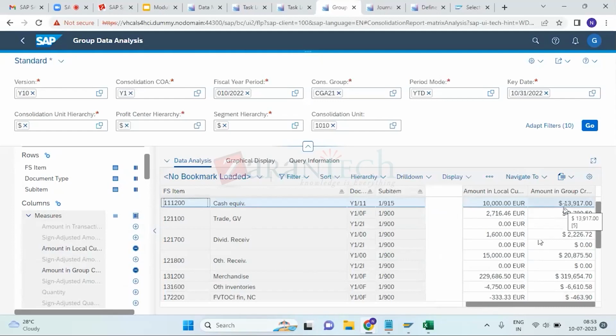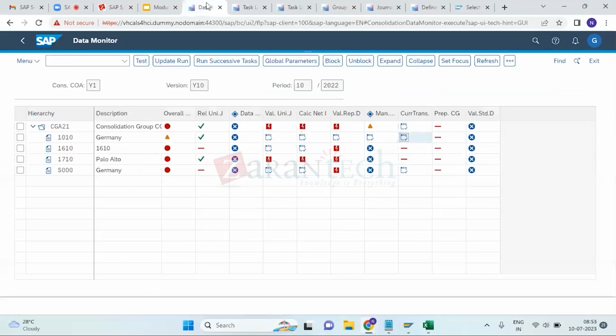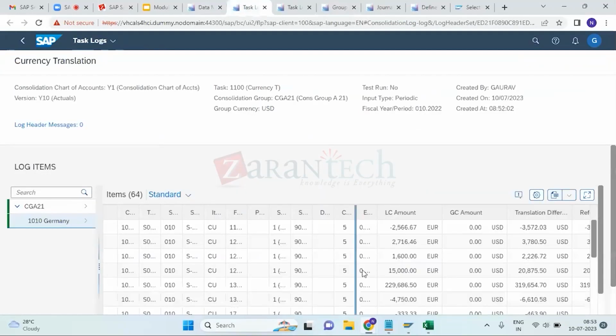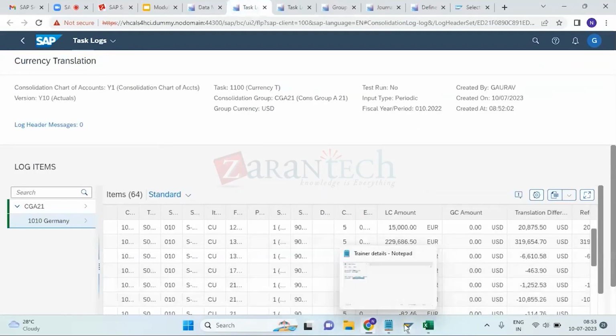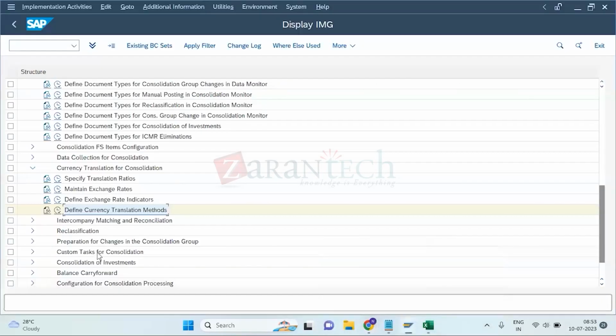It converted everything at closing rate. It is not giving 915, 980, because the group currency has not been brought into group reporting. Right. So just to make it a little easier for you to understand it,